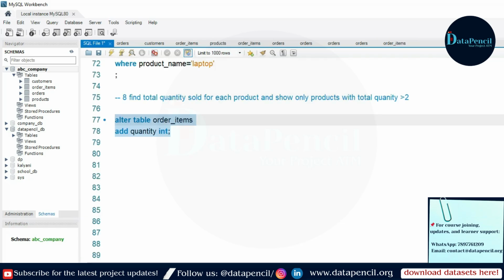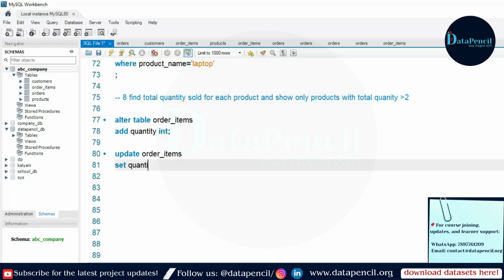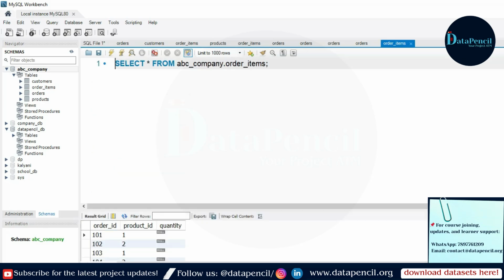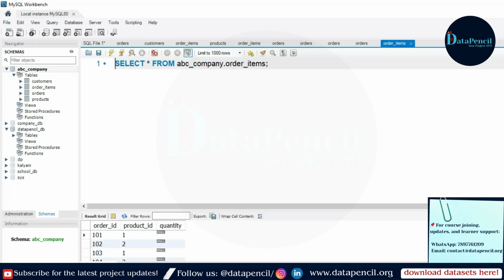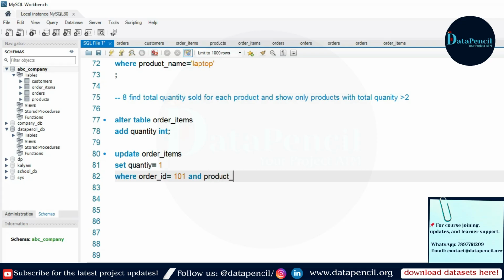Here you will see we have a column in this order items table. The column is quantity, and all values are null, so it's time to put the values. We will use update on the order items table, where we set quantity equal to 1 where order ID is equal to 101 and product ID is 1. Right? Now when we run it,